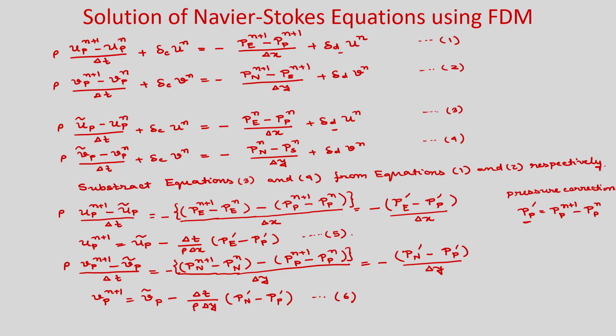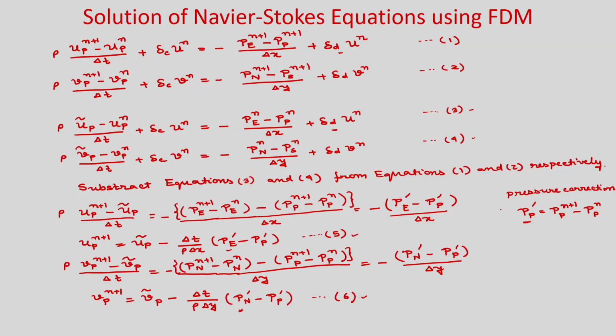So, now you can see that equation 5 and 6, if u p delta and b p tilde you can solve from equation 3 and 4. Once you know the u p delta and b p tilde, and if you know the pressure correction, then you will be able to get the u p and v p at n plus 1 time level. So, now we have to find what is the p p prime, because the pressure correction is unknown. As pressure correction is unknown and there is no separate pressure equation, we need to derive it from the continuity equation.